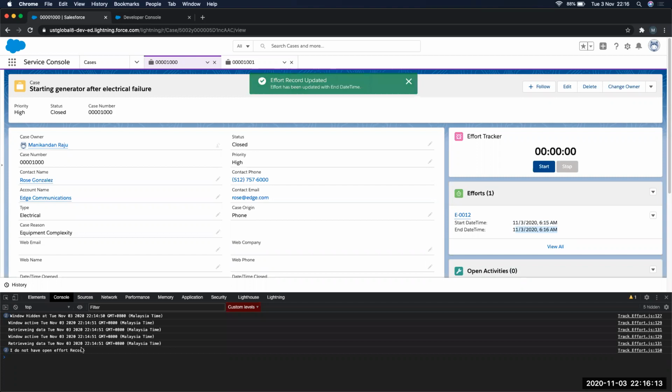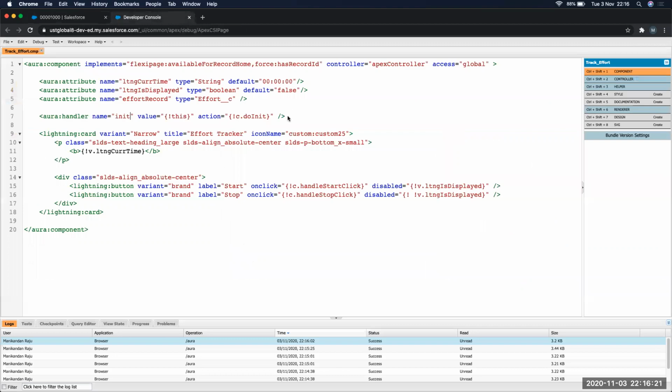I used JavaScript when I tried it out. So I'll go through the code. This is a Lightning component, and I have used force:hasRecordId. What else is interesting here? That's it, not a very extensive component, but I have the start and stop buttons, and then the time which you are seeing on the UI, right? That is the one which will be stored here. I've defaulted it to 00.